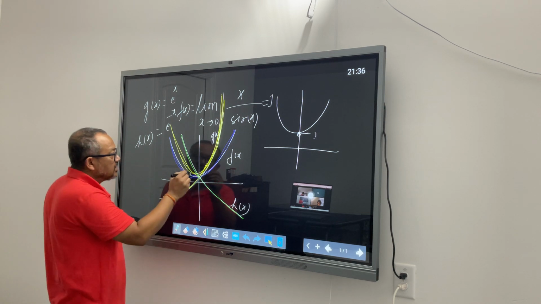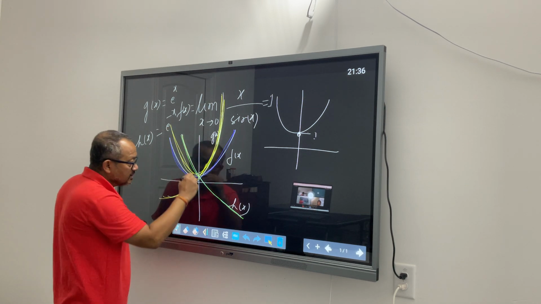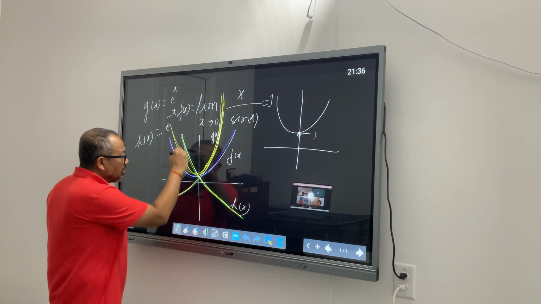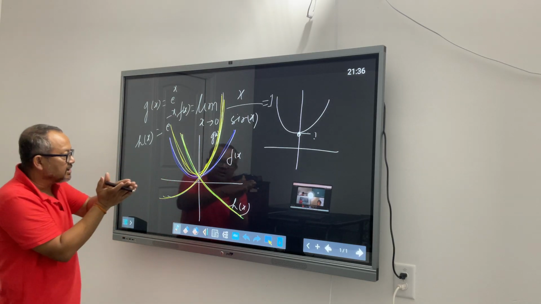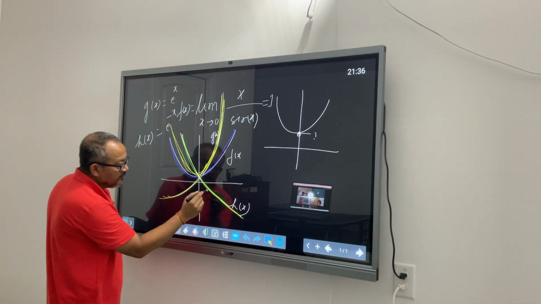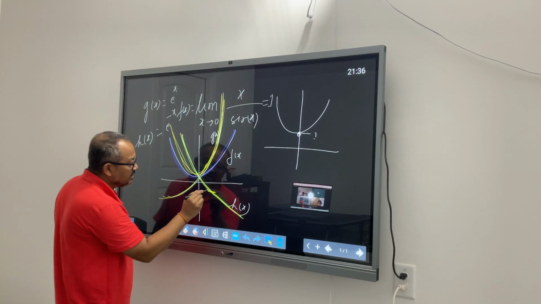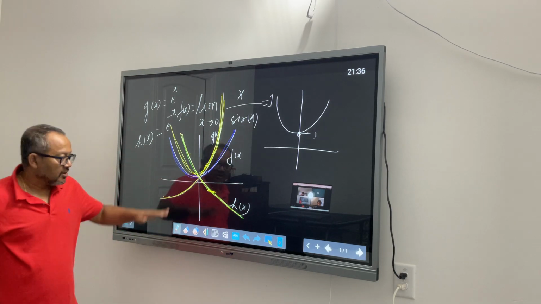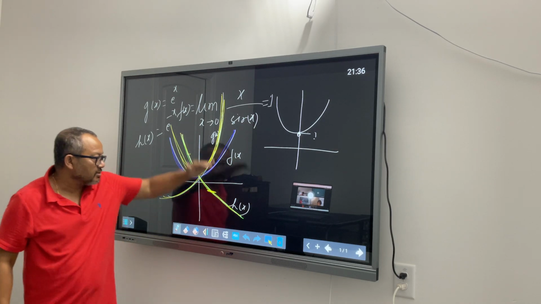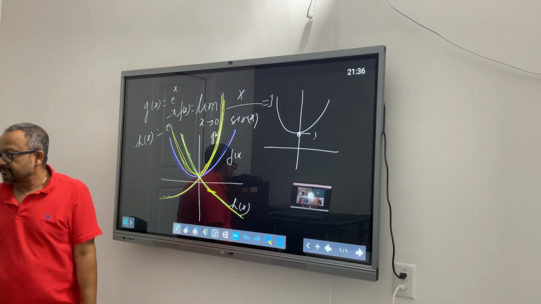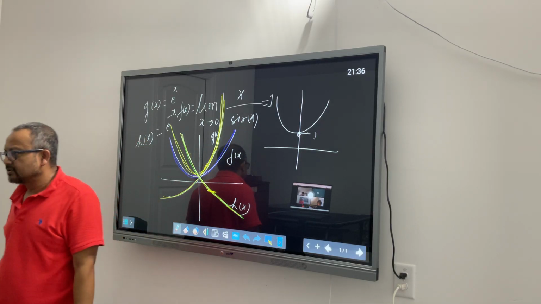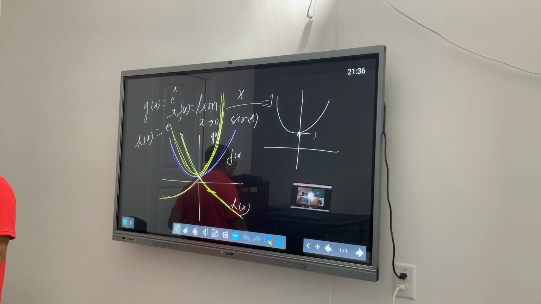Likewise, the other one, the green function, if it is also trying to contain the boundary of this one, then for any value of x it is supposed to be either below or above. It cannot be that in one quadrant it is below and in another quadrant it is above. Does it sound okay? If it sounds lame, let it be.